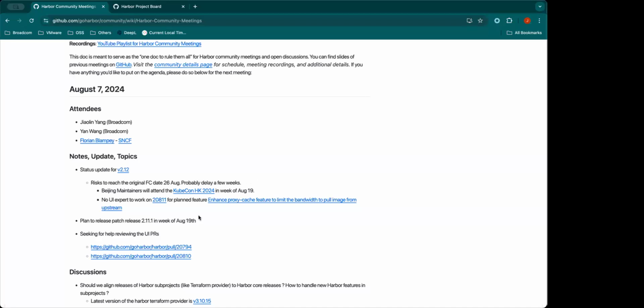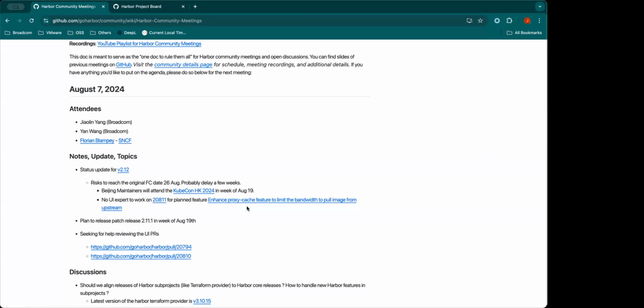The second reason is we have planned a feature to enhance the proxy cache to limit the bandwidth when pulling images from the proxy cache project. This is actually feedback from when Yan attended KubeCon Paris this year. We heard feedback to enhance the proxy cache to provide this capability for better usage in use cases where the network is not good.